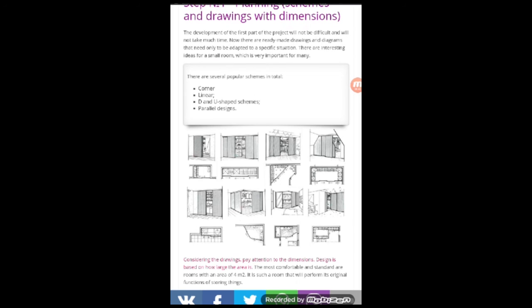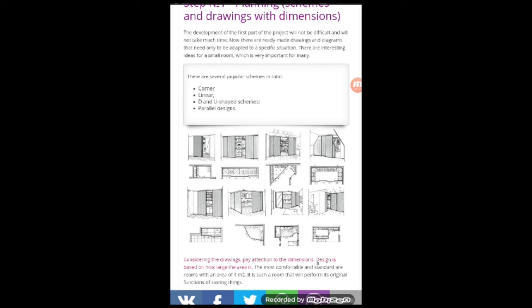Now there are ready-made drawings and diagrams. There are several popular schemes in total: corner, linear, D and U-shaped schemes, parallel designs. First, we must plan what wardrobe we will make, for example the corner, and when you are considering the drawings, pay attention